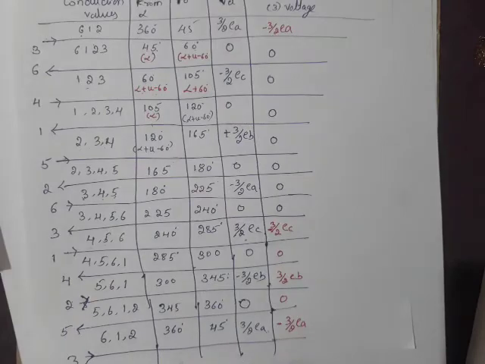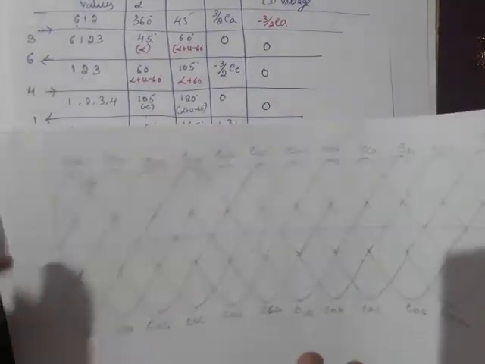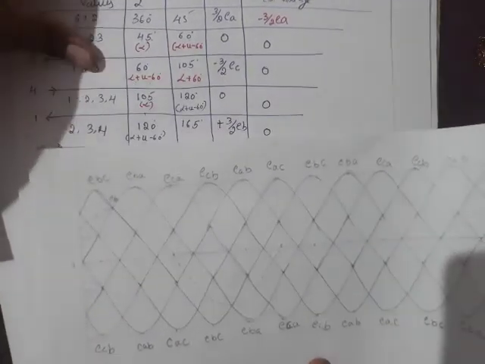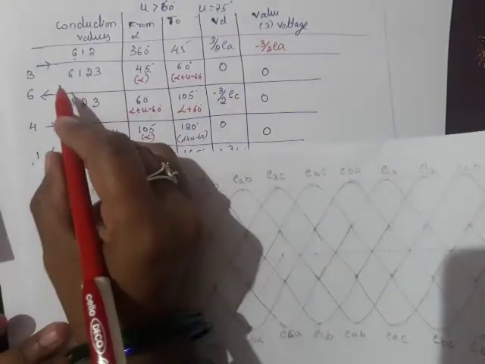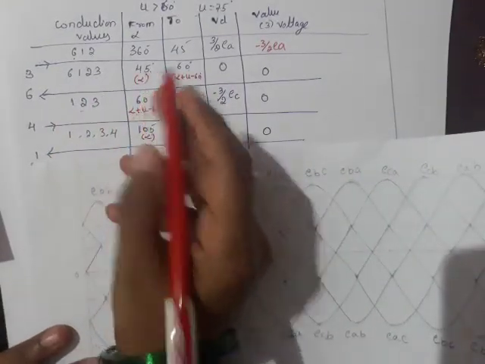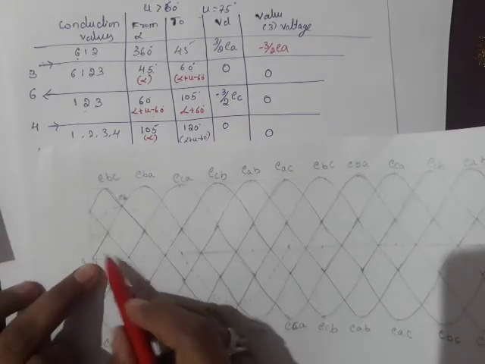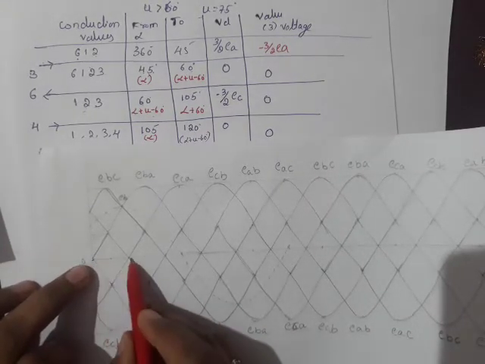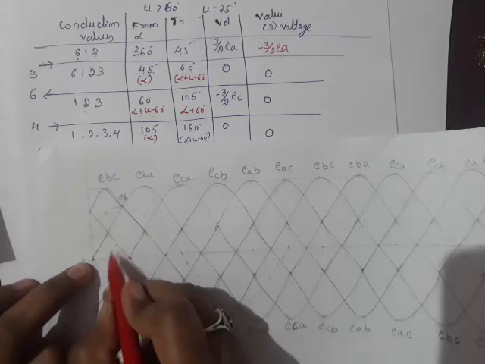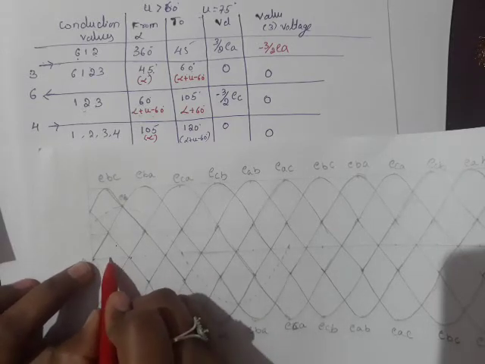So I'll just write the waveform for the rectifier circuit. You try it for the inverter circuit. So here is the waveform with this pattern. Valve 3 has to come into conduction at alpha equal to 45 degrees. We know that from here to here it is 60 degrees, so 45 degrees means in between it is 30 degrees.